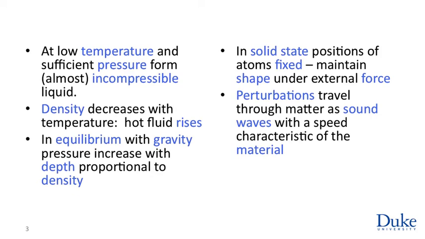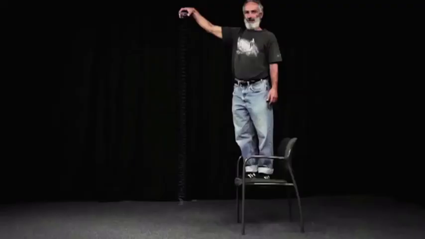Now, the most familiar to us, of course, are the longitudinal sound waves in air. That is what we hear with our ears. But let's use that slinky as a very nice demonstration of wave propagation. To do that, let's see what happens when I let go of the top of the slinky. Remember, the slinky was extended in such a way that it was in equilibrium. The net force on every bit of it vanished, and this had to do with the fact that it was more extended at the top and less at the bottom, so that this compensated for the pull of gravity on every individual piece.